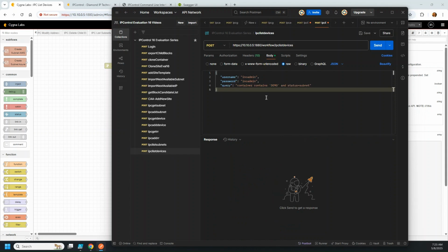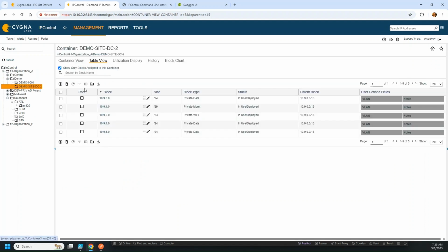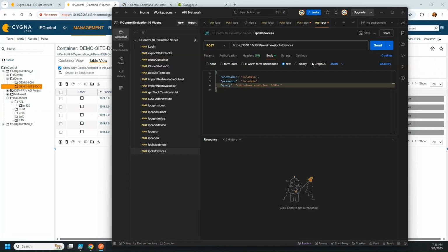And this will go here. And one thing we're going to do, and actually I could use the same thing here. And we'll do this a little different. So let's do demo dash... what was the name of that? Demo and demo site DC2. Okay, demo site DC2. So what we'll tell it here then is that in the query, export all the